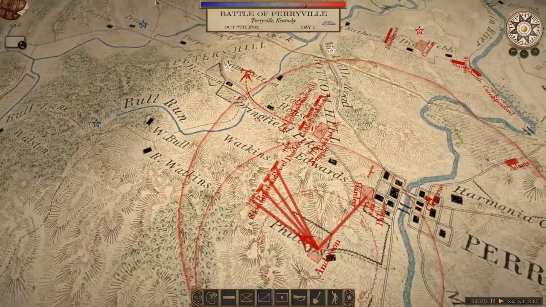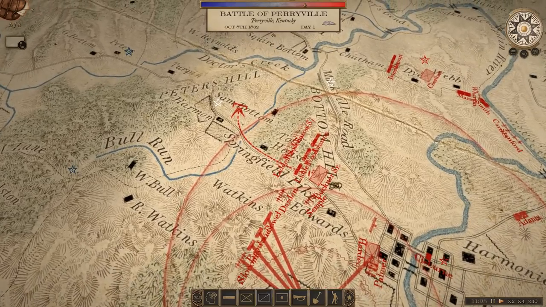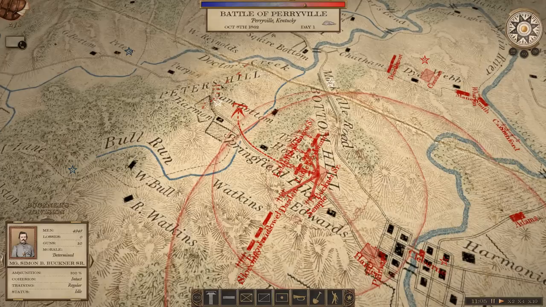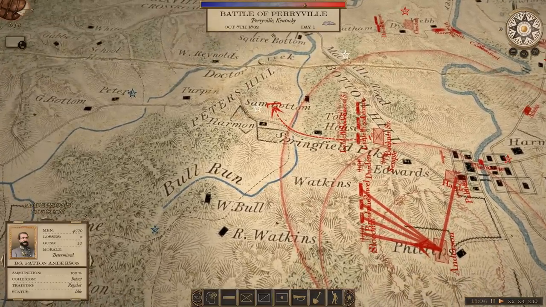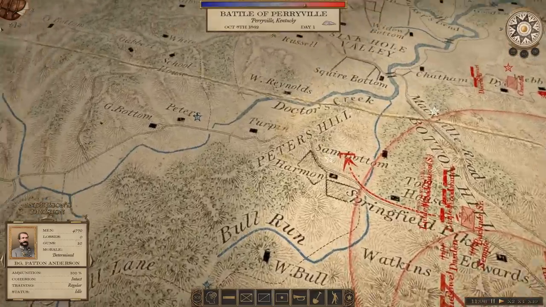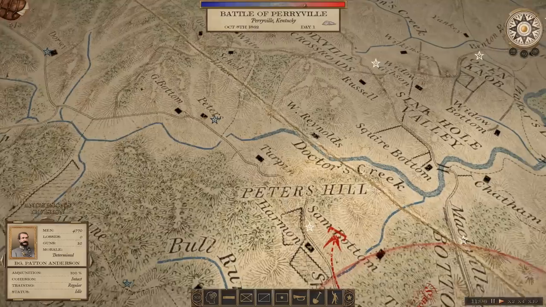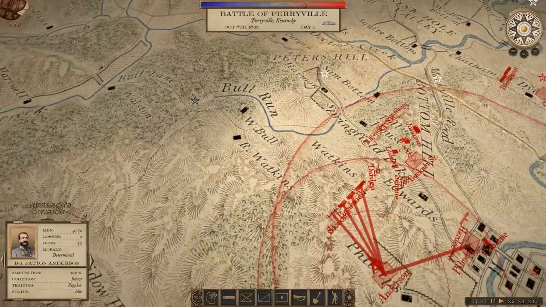And later on we can decide what to do with him, but the basic thing of course would be to use Buckner as an anvil on Peters Hill, and then Anderson to attack the enemy flank, trying to turn it, in this case from the left, because on the right we have Doctor's Creek with only a couple of fording locations, so it's an actual